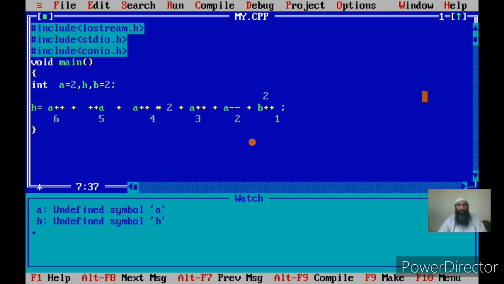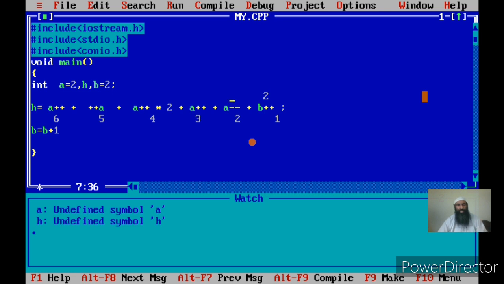Okay, it is 2, and it is to be changed after the expression. That is, we have to add 1 to its value after the assignment statement is over or the arithmetic expression has been evaluated. That is, b will become b is equal to b plus 1. But this is to be done after the evaluation of the arithmetic expression. Now next is a. Since it's a post decrementation, this will also be performed after the evaluation of the arithmetic expression, or after the assignment of the value generated by the arithmetic expression.